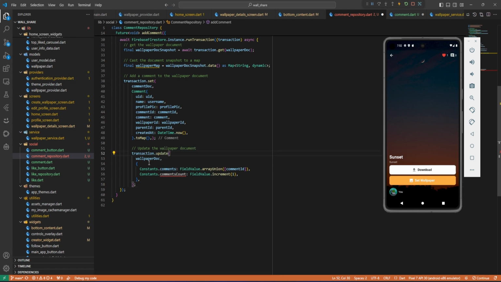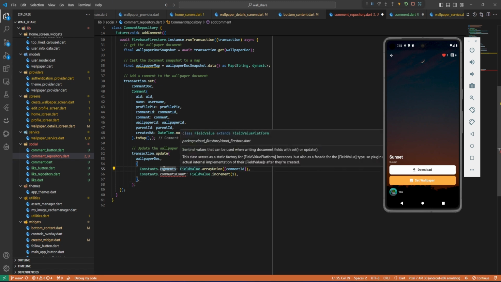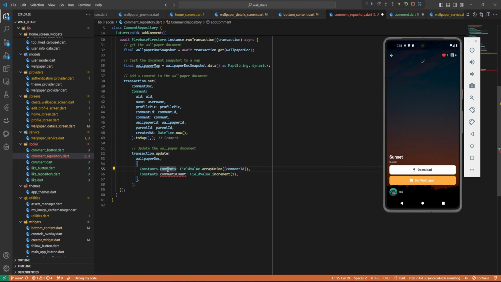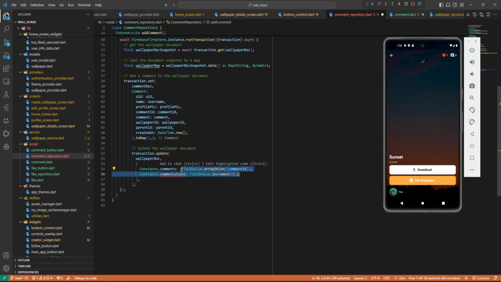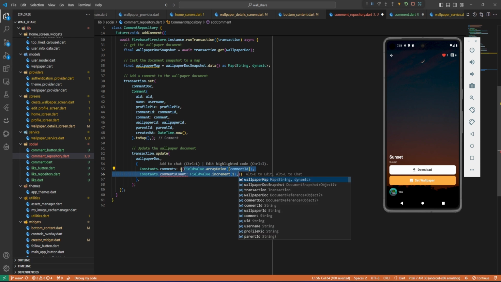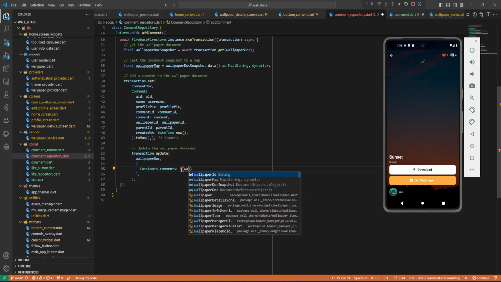So it's going to be a wallpaper document, and then here, instead of doing it like this, what I'll do is it's going to be the comment. Yes, I want to get the comments there to increment the number. So let's remove all of these. Let me do what I did in the likes: put the brackets, and then another bracket, and then I'll get the wallpaper doc,